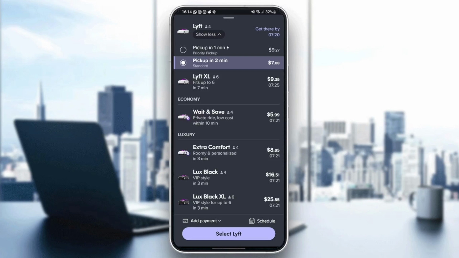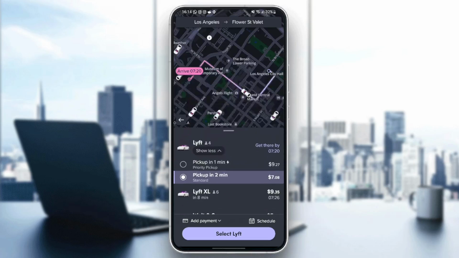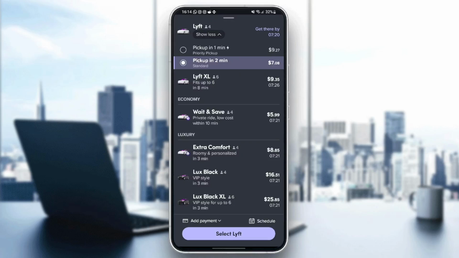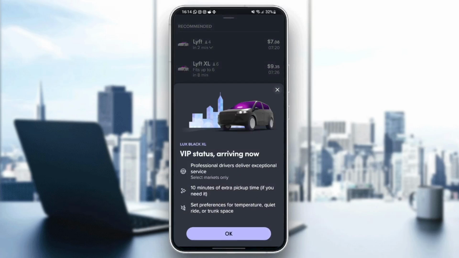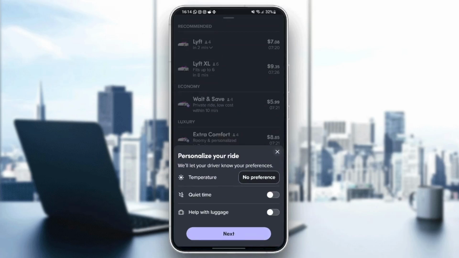You can wait and save. There's also extra comfort. And lastly, the luxurious options like Lux Black that has 4 car seats and Lux Black XL. So you select the choice that you want, click on OK, and then from here you can click on